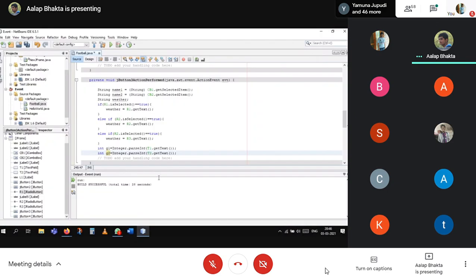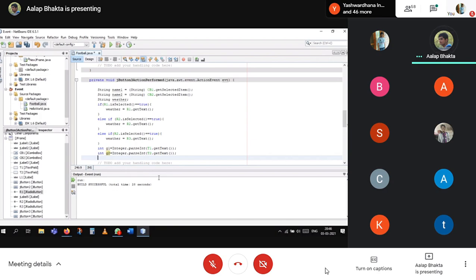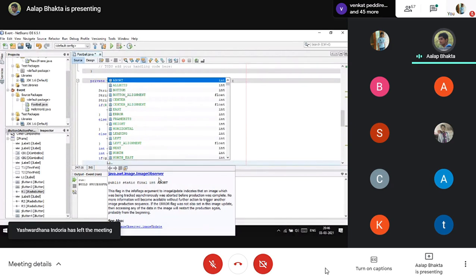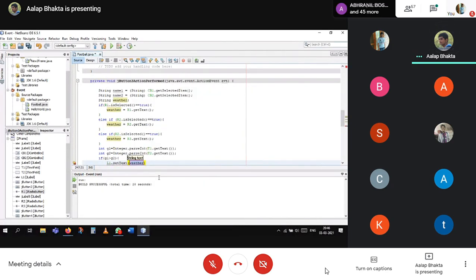Now I need to compare it. So if g1 is greater than g2, then l1 dot set text: team A1 in, add weather plus sunny condition.